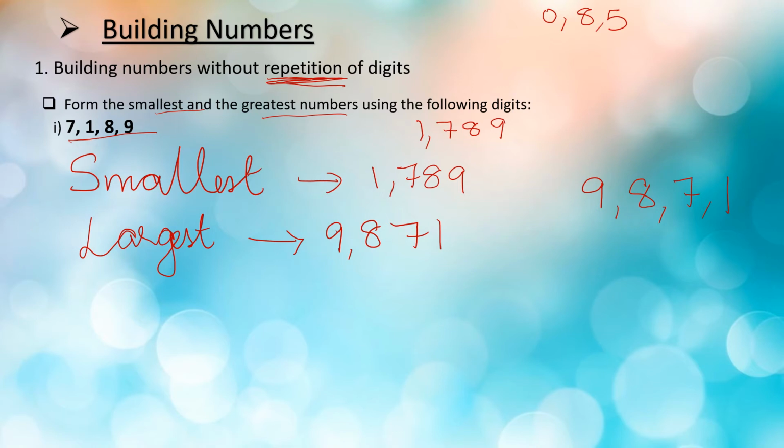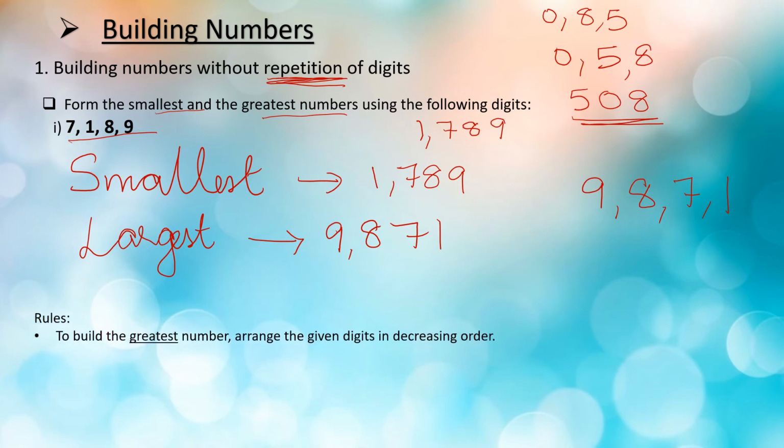Yes, in case you have 0 as one of the digits, what are you supposed to do? We have to put 0 in the second place from the left. The same step you will have to do. You will have to arrange these digits in the ascending order. But when you form the number, what will you do? You will put 0 in the second place from the left. So the smallest number that can be formed with these 3 digits is 508.